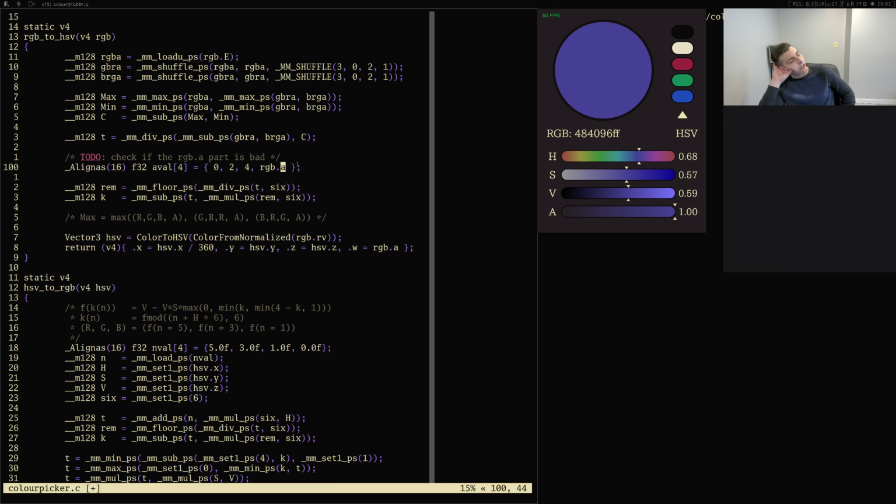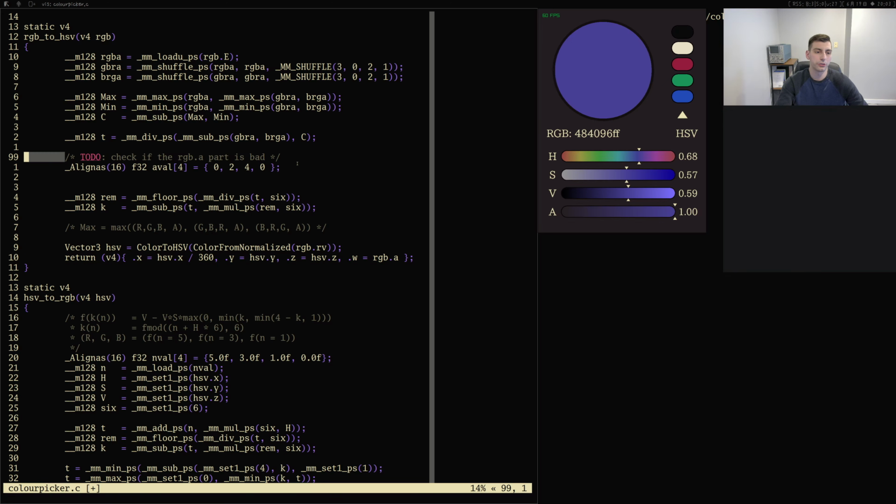Considering we're going to be masking off the correct value for the hue, maybe I don't even care about the A. Yeah, maybe the A part doesn't even matter here. That's quite possible. Put a 0 there. And T is now going to be equal to